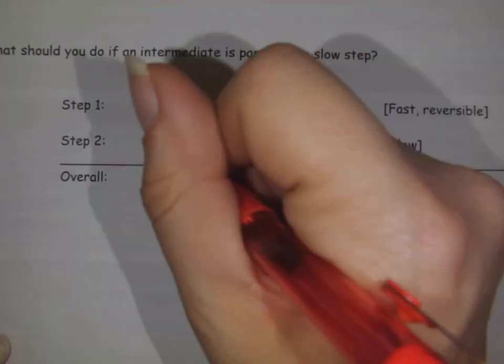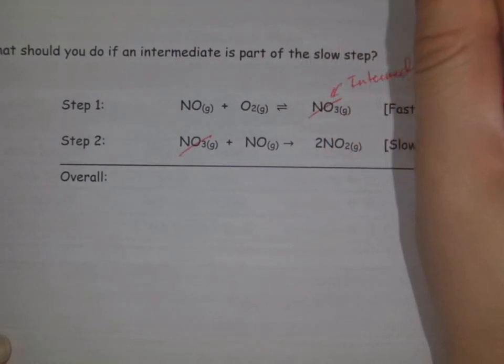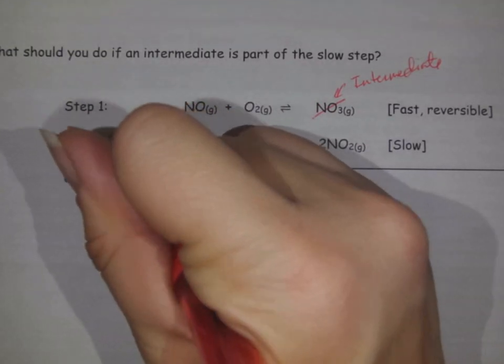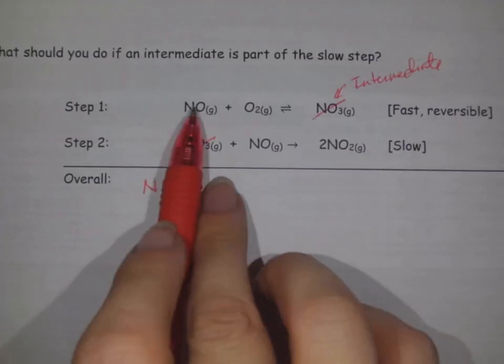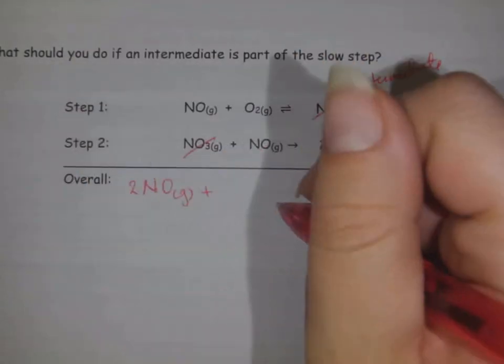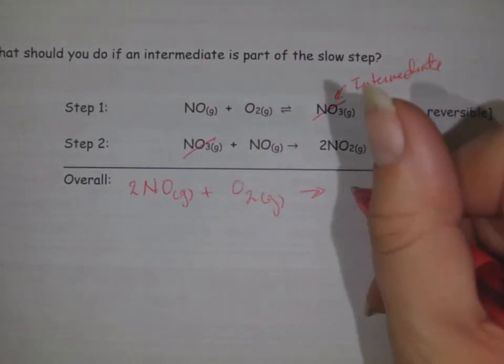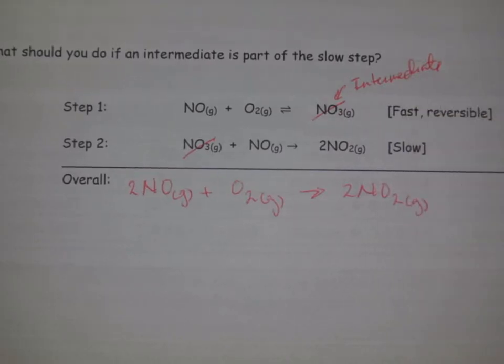Nitrogen trioxide is an intermediate. And we can't have that be part of the overall rate law. We do not have a catalyst on this one. That's the only one that cancels. So my overall is nitrogen monoxide gas plus, oh, and there's 2 of them, because see both of them on the reactant side. So 2 nitrogen monoxides plus O2 gas will turn into 2 nitrogen dioxide gas. Okay, so